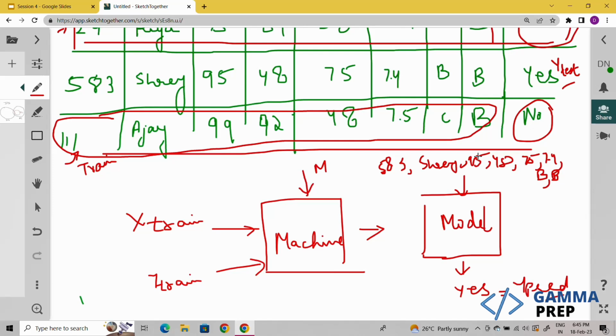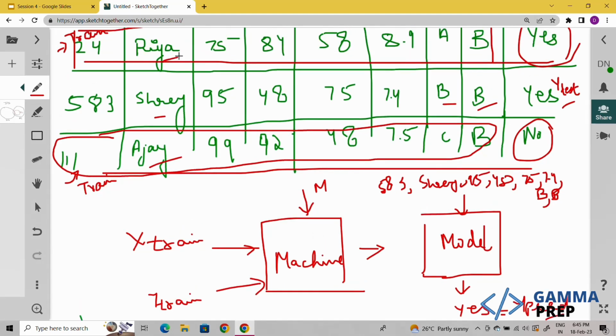Now this is, in very simple terms, what supervised learning is. But I would like to also mention a few more details. So you can only provide numbers to your model. That is, this B, Shrey, Ajay, Ria, all this cannot be provided. You can only provide numbers. So all these other columns which are not numbers, that is, they're non-numerical, have to be converted into numbers first. And how do we do that? We are going to discuss this as a part of data pre-processing.